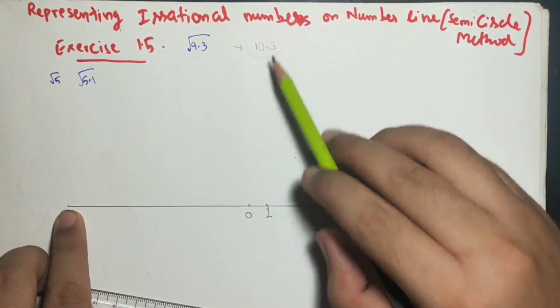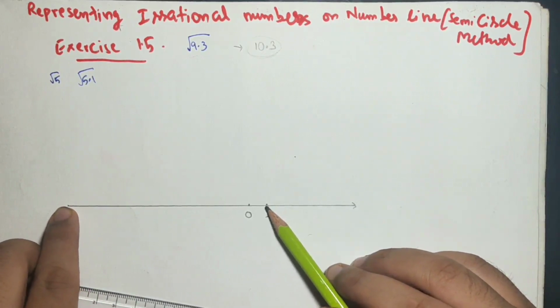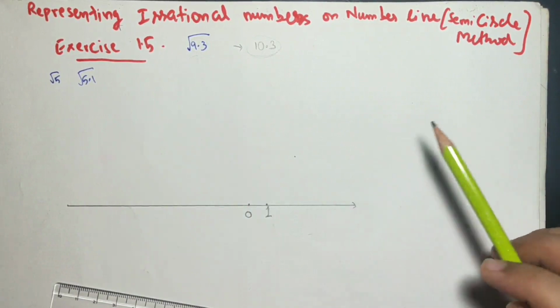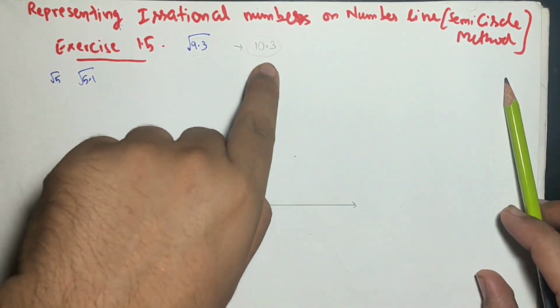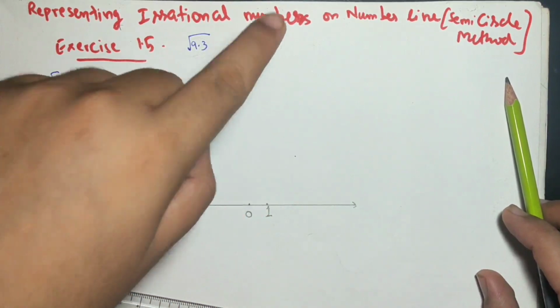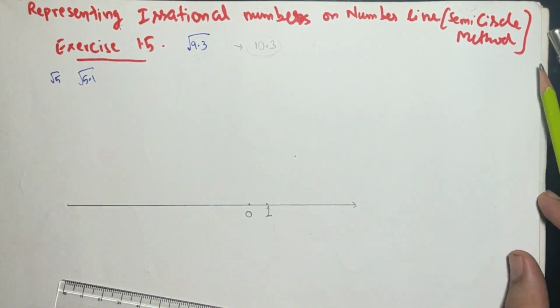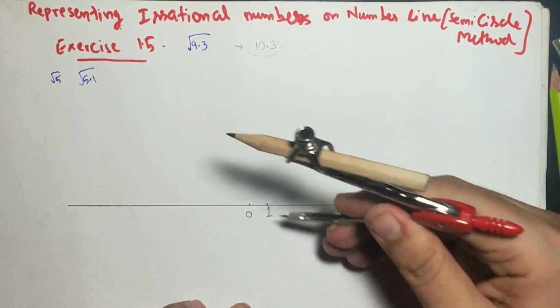We have to find the midpoint of this 10.3 centimeter line segment we have made. Don't find the midpoint of 9.3. You have to find the midpoint of 10.3, which is obtained by adding 1 to the number given, using the perpendicular bisector method, which we have learned in standard 8.